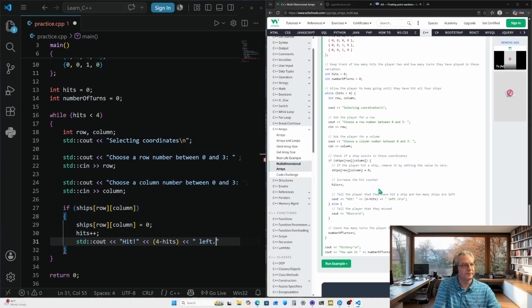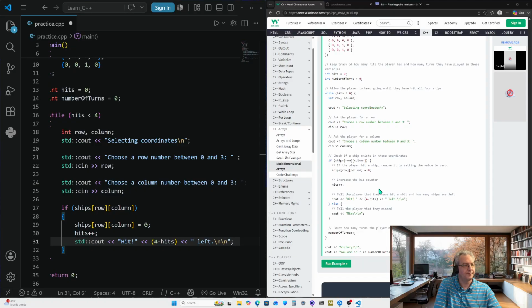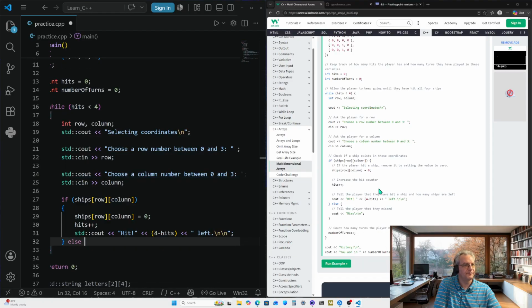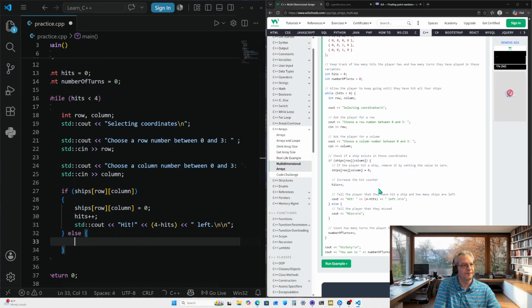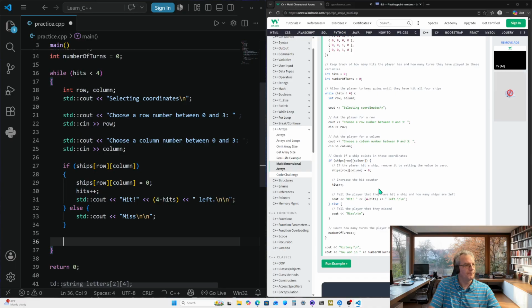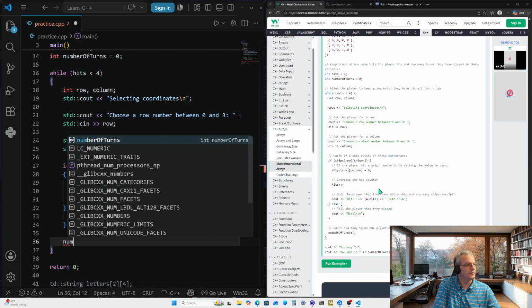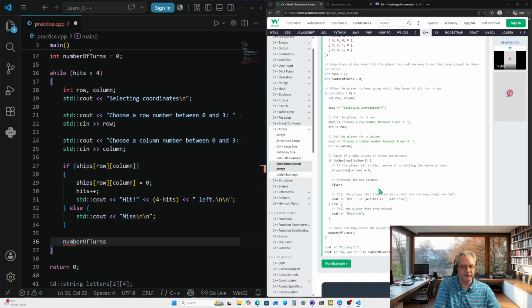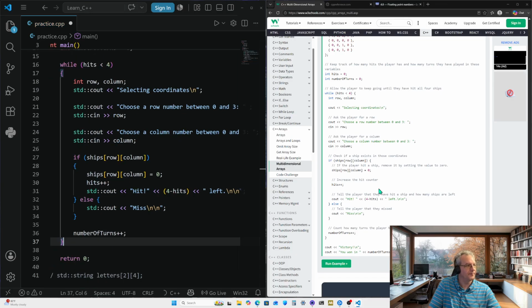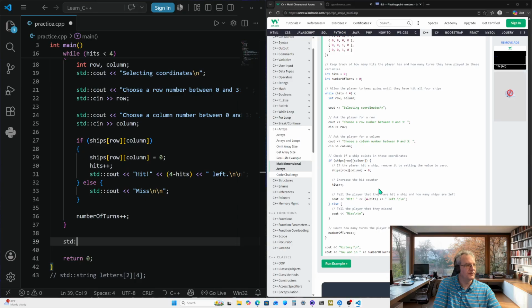Left, period. New line, end, down, else, curly brackets, enter, standard, out, miss, new line, and that down, number, returns, plus, done, and then output